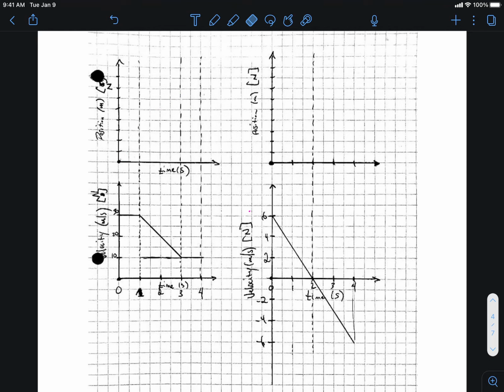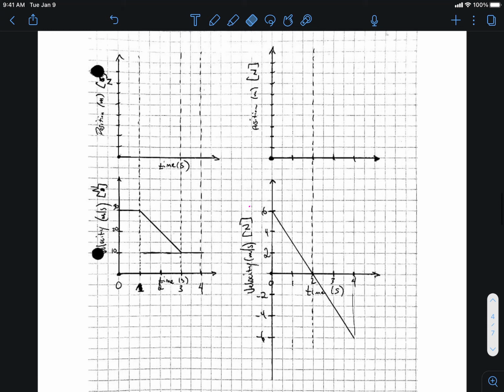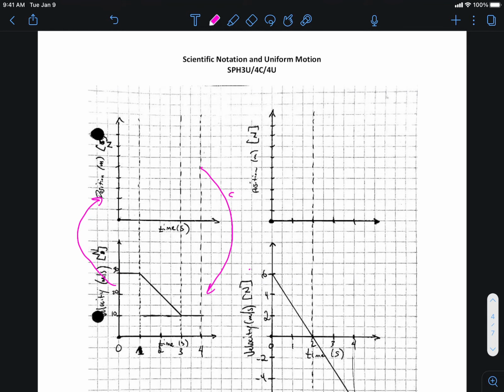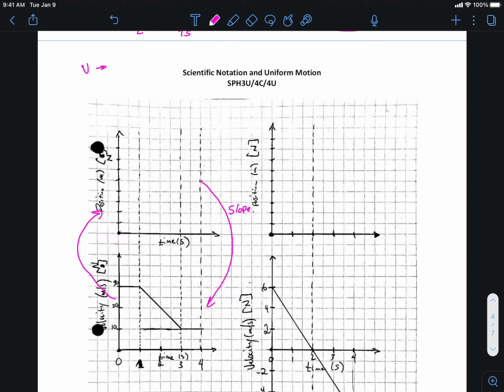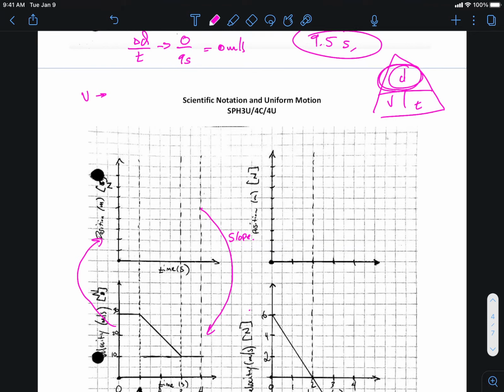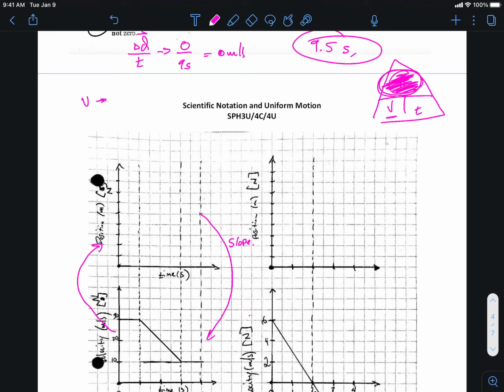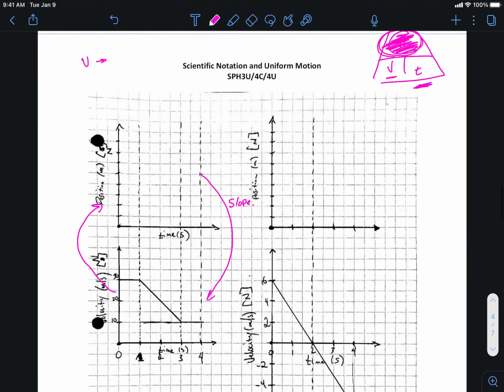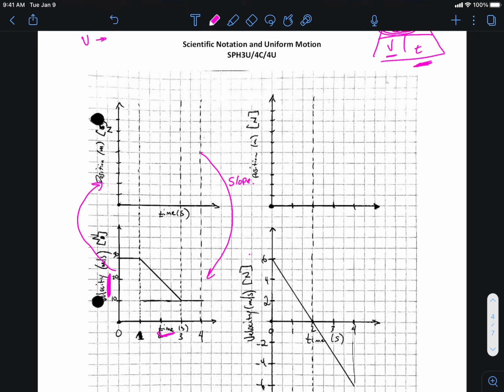But this time I didn't do that. I gave you the velocity. So if I'm interested in going from here to here, you guys are asking yourself, okay, how do I do that, right? Well, above, to go from here to here, we found the slope. But let's take a look at if I was given the velocity and I wanted to go to distance. If you have some familiarity with this, I drew your little triangle. I'm interested in distance this time, or the position of this object. If I covered up the distance, how would I get that? Well, I take the velocity or speed and multiply it by the time, right? Well, that means I'm going to multiply this by this, which basically means when I multiply it, I'm going to find the areas,